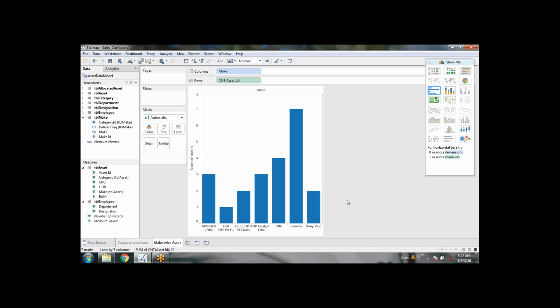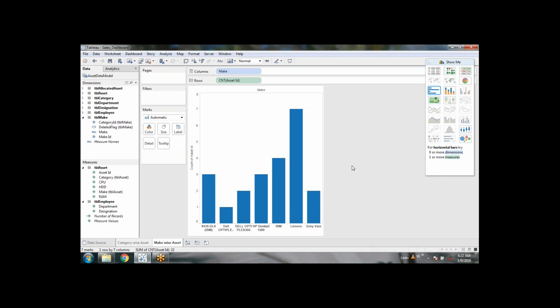That means I will apply category wise colors. Each category has multiple makes. Say Sony Vaio and Lenovo, these two are laptops. IBM, these three are desktops. HP LaserJet is a